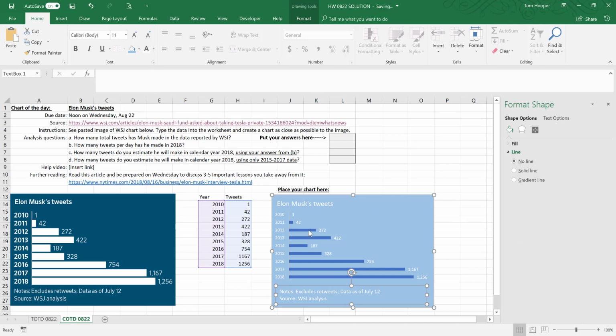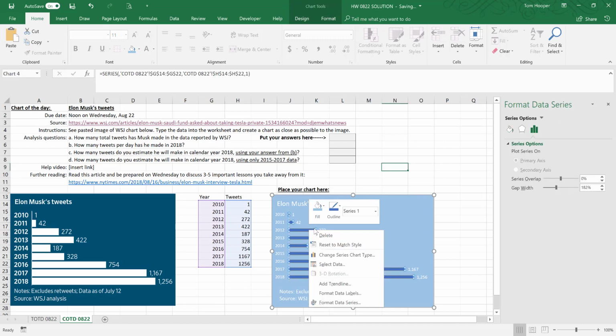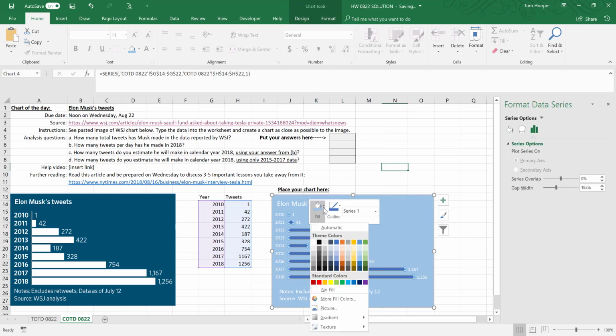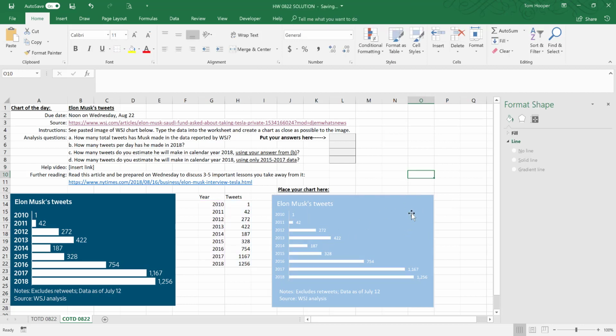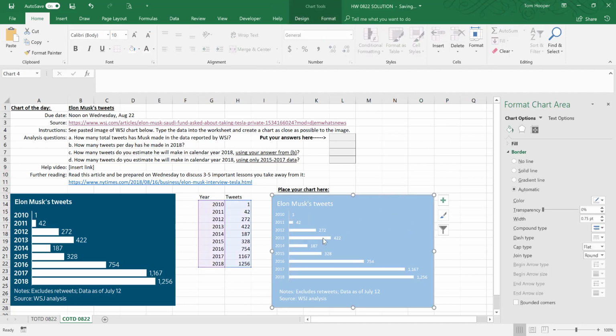Now we need to change our bars by right-clicking, change their fill to white. Make sure you use white and not no fill. Okay, getting closer all the time. We happen to have that series selected. Let's deselect it. Select the chart, select the series,